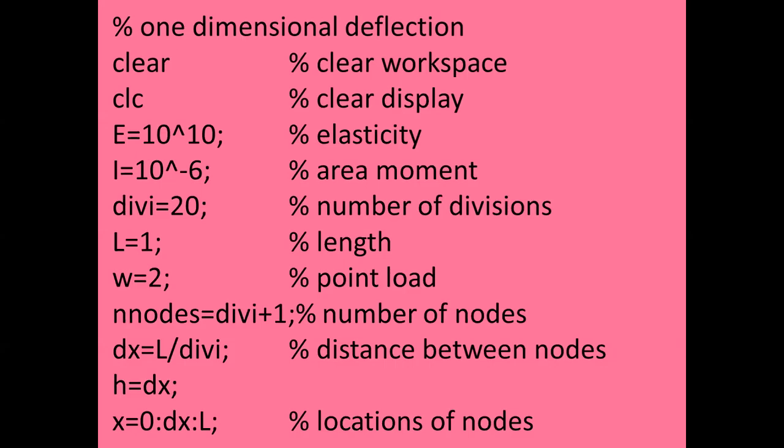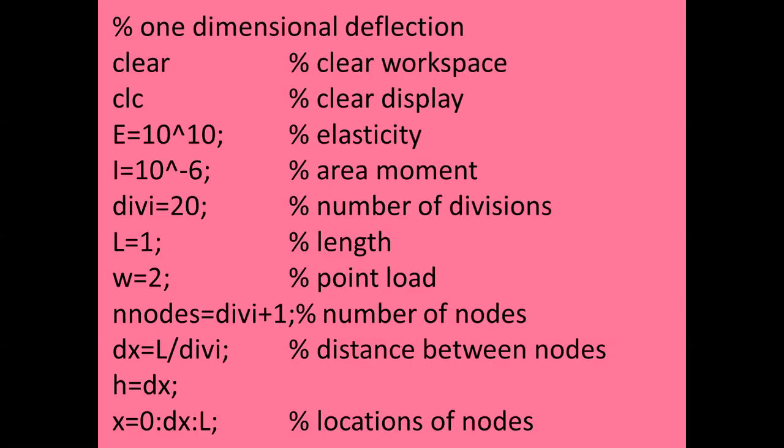Now this line, that is x is equal to 0 semicolon dx semicolon L, is going to generate a matrix. The first value of the matrix is going to be 0. The next value is going to be 0 plus dx. The third value is going to be 0 plus twice dx. The next is going to be 0 plus 3 times dx, and so on, till we get the last value